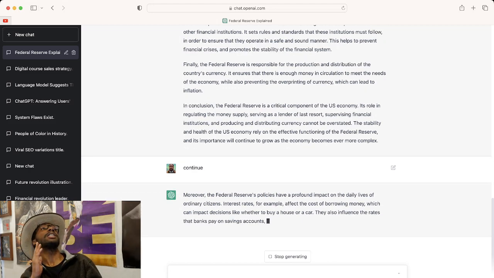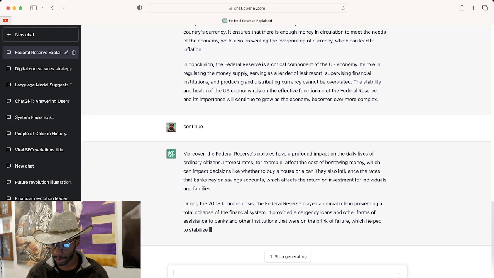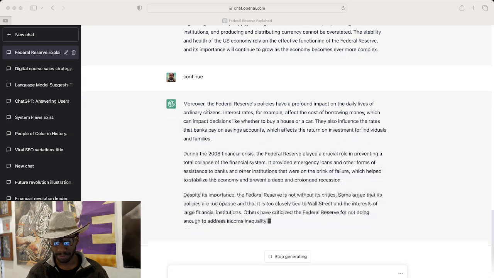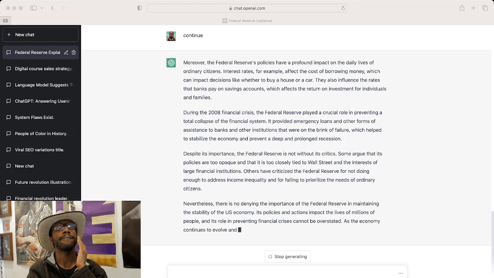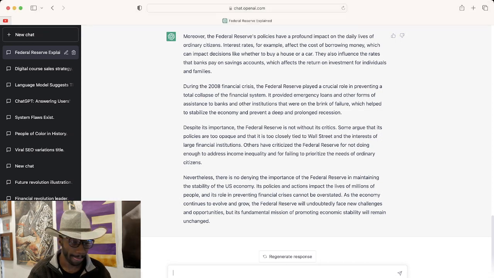It's a game changer. When I saw this, my mind was blown, once I saw the power of ChatGPT and the stuff you can do with it. You don't have to use the example that I use. I'm just showing you the power and what you can do with this.